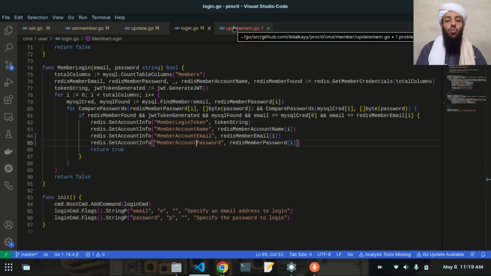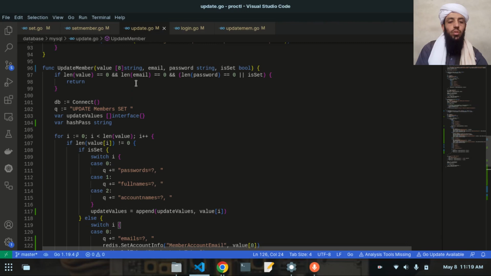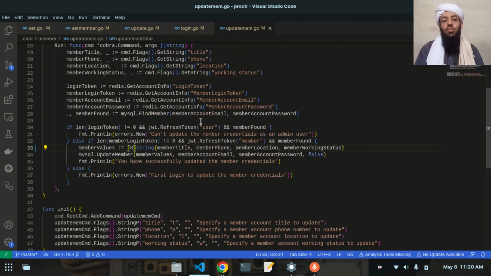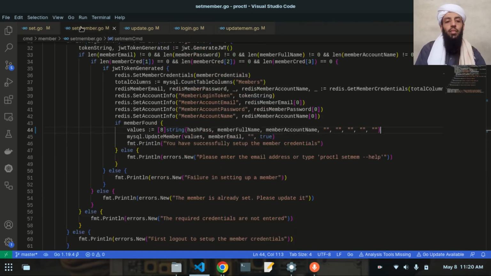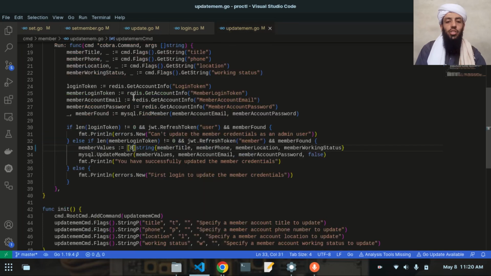After that, let's go to the UpdateMem, and as you can see here, there are currently 8 credentials that need to be written here. So there are 8 credentials. Now they are not giving me an error. If I go to the UpdateMember.go file, there are 8 credentials, and the next thing I'm going to do, as you can see, is that only 4 credentials are written: title, phone number, location, and working status. So I will update them, and I will go to the SetMember, copy these credentials